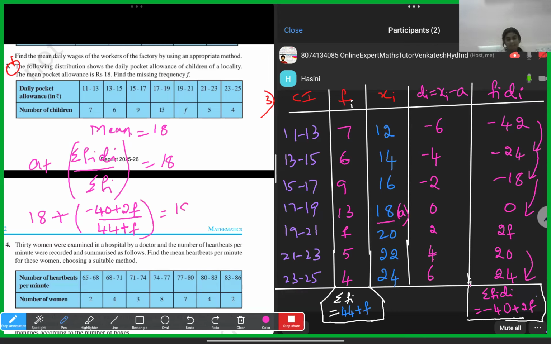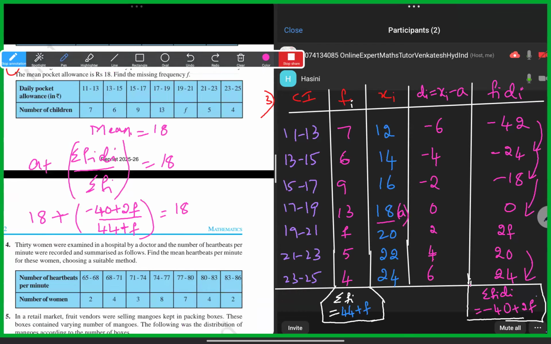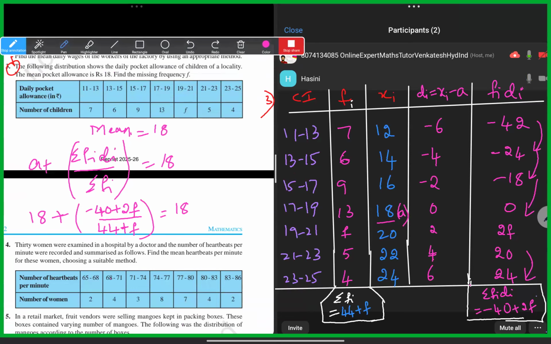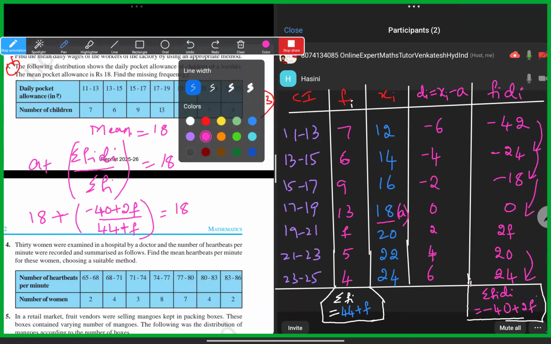Is equal to 18. So this 18 which is added here will go to the right side and it will become minus 18. Okay, so 18 minus 18, 0. So minus 40 plus,